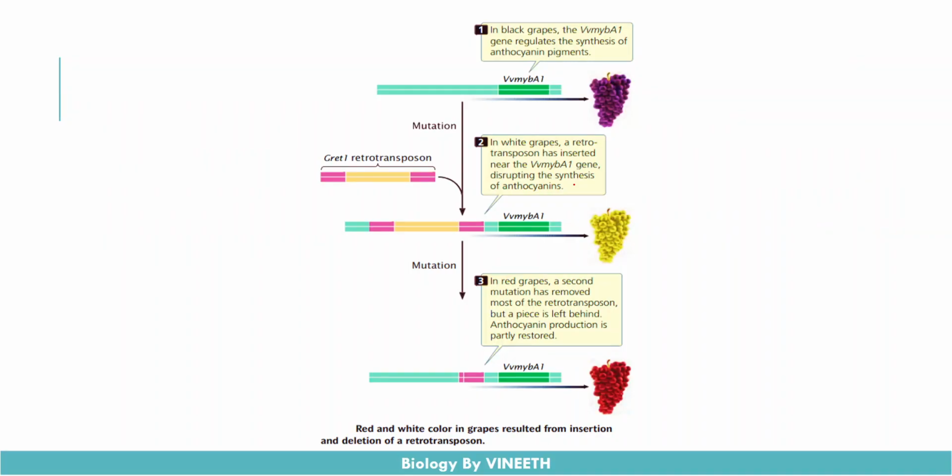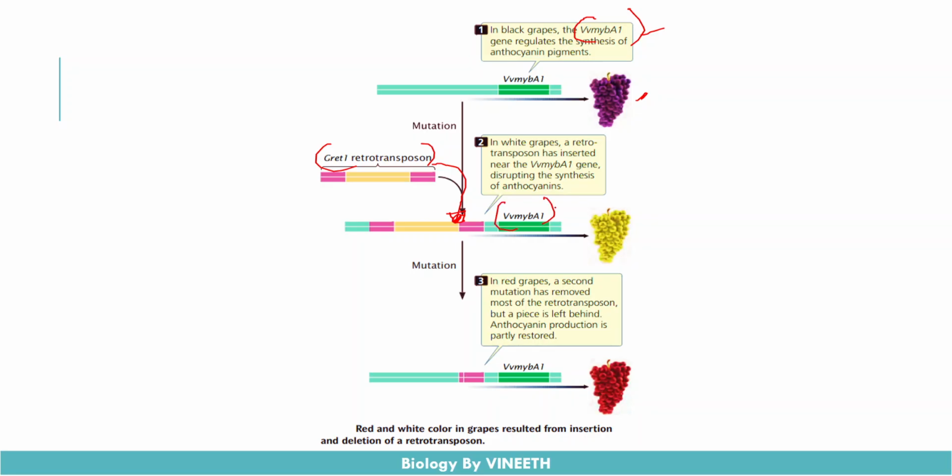retrotransposons. One kind of mutation seen in grapes is due to retrotransposons. There is a gene called VvMYBA1, which is responsible for the production of purple color in grapes. When a retrotransposon called the GRET1 retrotransposon comes and gets inserted into the neighboring region of this gene,